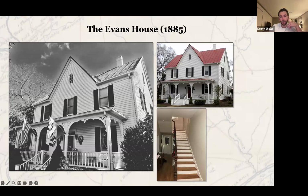I haven't been in the home in a couple of years now, since my close friends, the Evans, moved out of this home. Although I did just